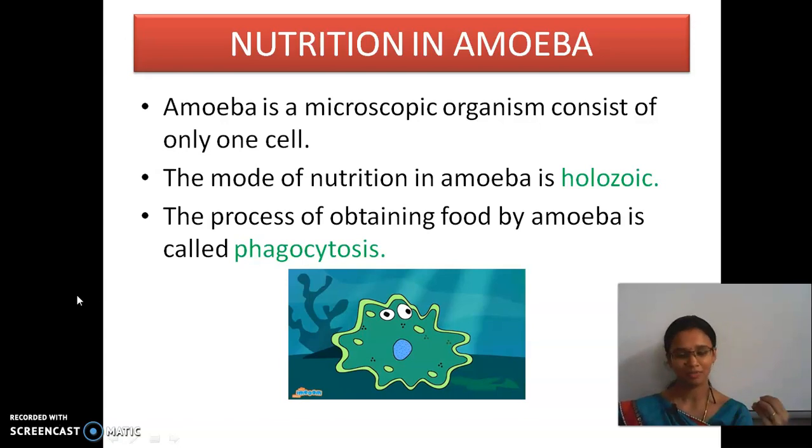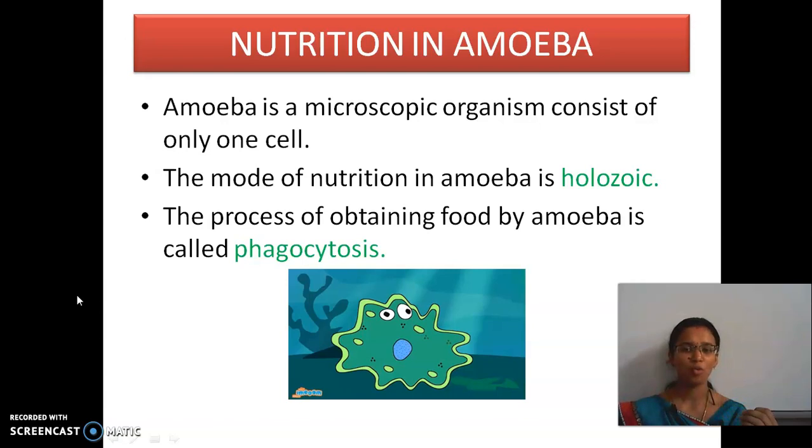Yes, but in case of human beings, we have many organs, right? So many cells are combined to form tissues. The tissues are combined to form different organs. For digestion, we have a separate part. For respiration, we have a different part. And for reproduction, different parts. Yes or no? Yes. So we are multicellular organisms. But amoeba is a single cell organism. So one cell is responsible for everything.